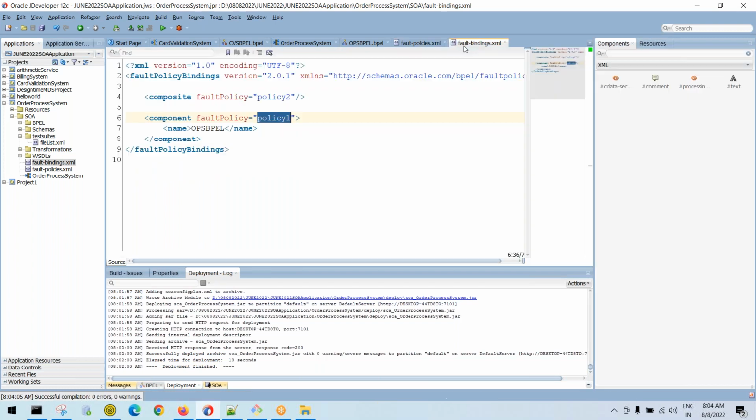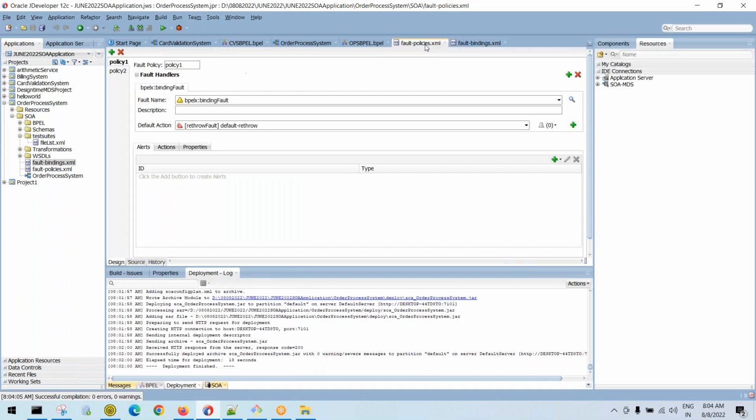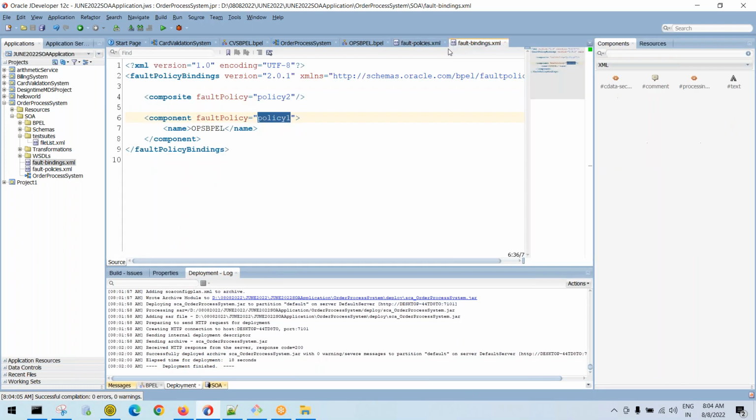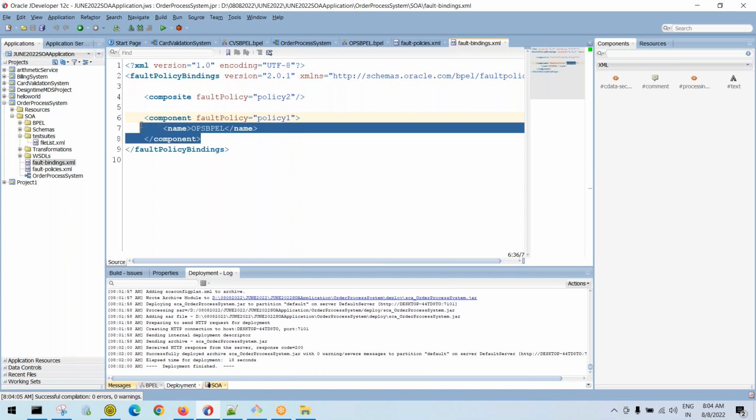Okay, but in the bindings file, what I configured, BPEL control goes to policy 1. BPEL, any error, control goes to policy 1. But in policy 1, I don't have remote fault. So if an error in BPEL is not able to be handled in this respective policy, control obviously goes to